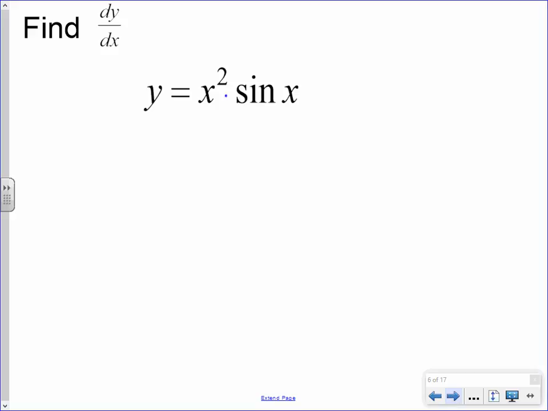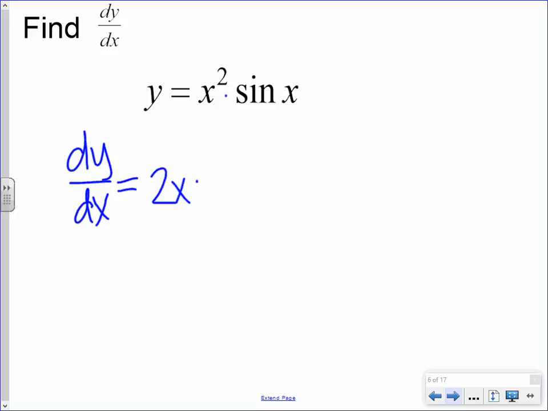We have a product, which means we get to use the product rule. Okay. So dy dx. Okay. Everybody is going to help me out. What is the derivative of the first? 2x